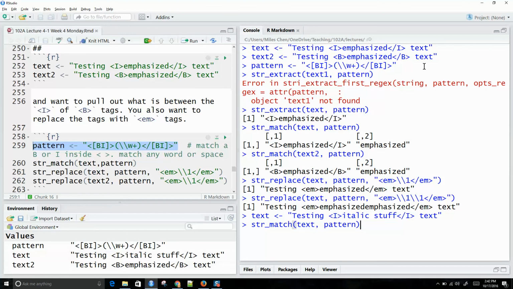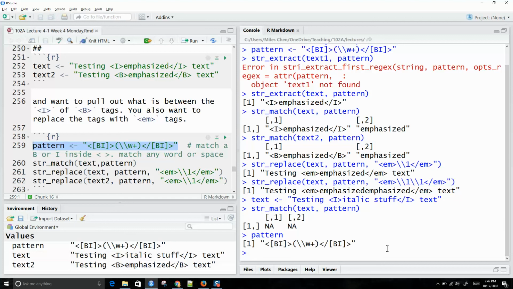Okay, it says it doesn't match. What's the problem here? So just to remind you, my pattern is this. So what's the problem with this pattern trying to match testing italic stuff text? The problem is I've got a space here, and the space doesn't count as a word character. So I have to modify my pattern,